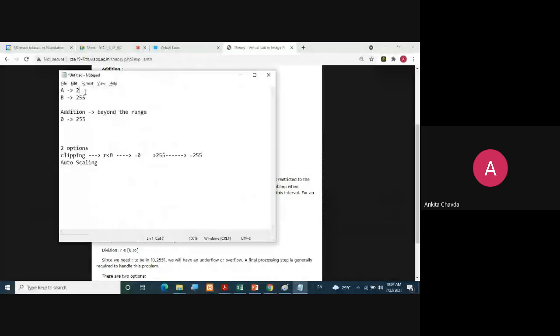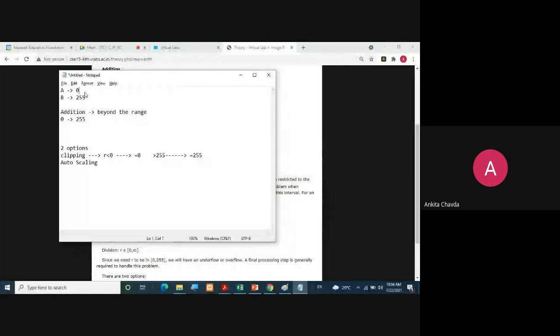Yes, ma'am. Okay. Then in subtraction, you can imagine if one of your values is 0 and another one is 255 and you are doing 0 minus 255, you get a negative value, that is minus 255.